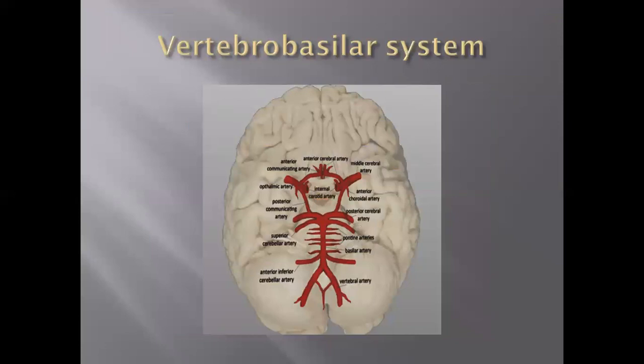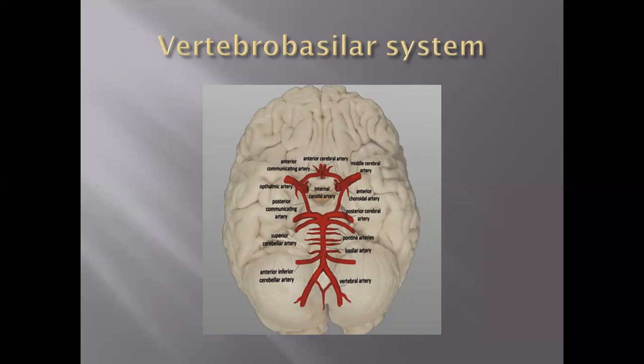Then we'll look at the vertebrobasilar system. When I started, I already told you about the vertebral arteries, how they come from the first part of the subclavian artery, and how they pass through the foramen transversarium of the upper 6 cervical vertebrae. It skips that of the 7th, which is an atypical cervical vertebra because of a very small foramen transversarium. Then it grooves the posterior arch of the atlas